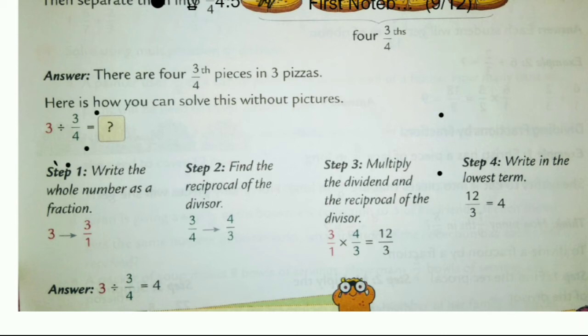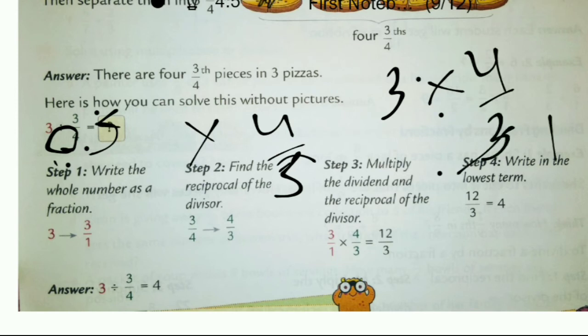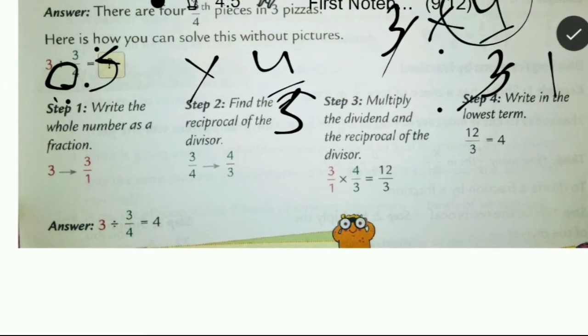So when you get the divide sign, it means that divide will convert into multiplication and this number will be reciprocal. So that will be 4 by 3. So now this 3 multiplied by 4 by 3. So we know that this 3 and 3 are cancelled. We get the answer 4. So like this we have to solve.